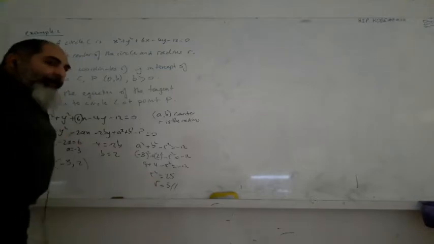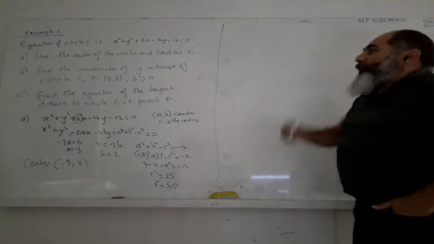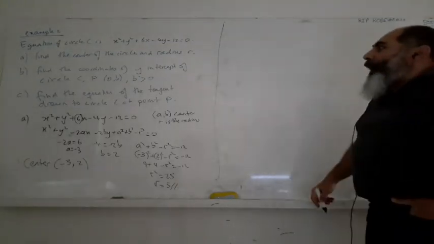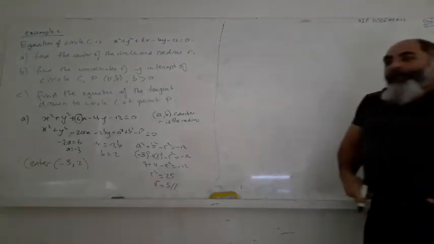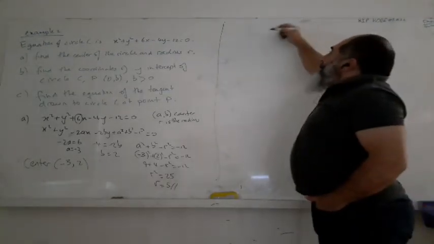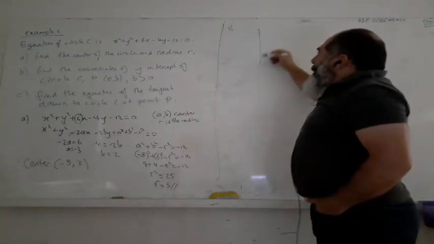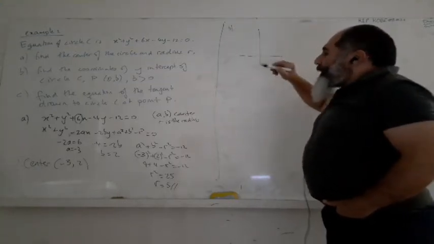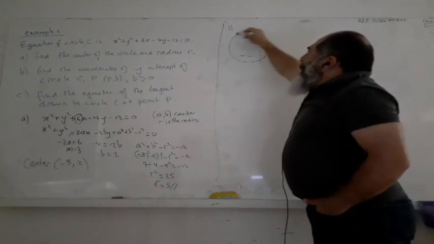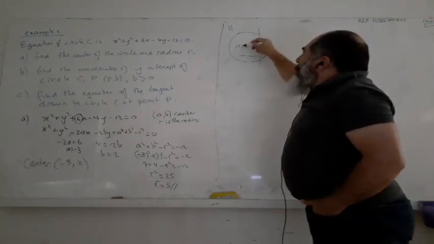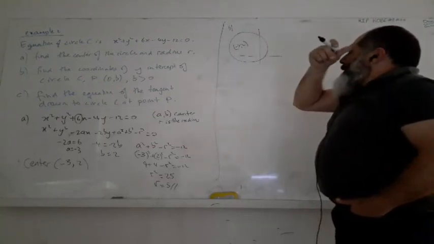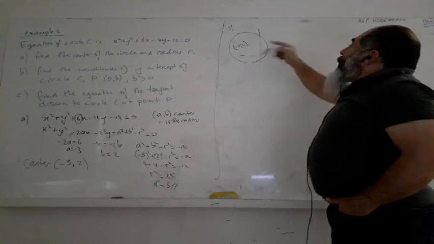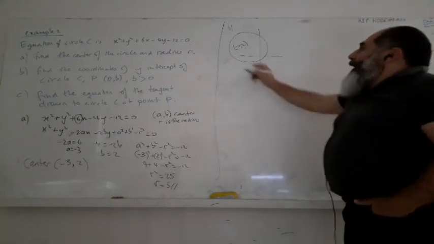Now let's carry on with the question there. Part B, find the coordinates of y-intercept of circle C, and we call the point P. Yes, let's have a quick sketch there. This is minus 3, 2, and that's the coordinate of the center of the circle. And the equation of the circle is x squared plus y squared plus 6x